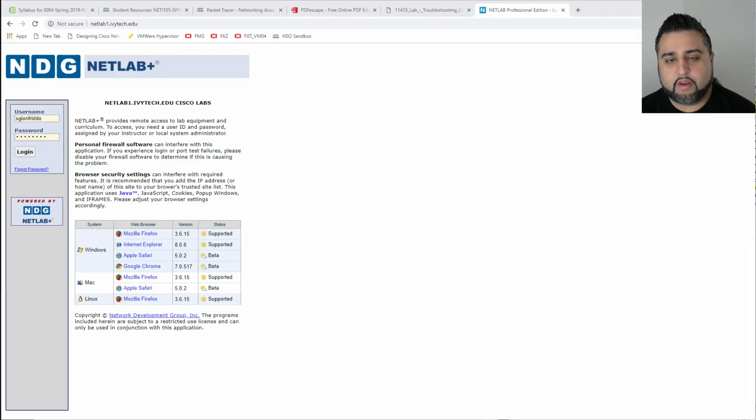In the previous video we talked about Packet Tracer and how it gives us an emulated software environment to do our network topology configurations and set up networks and so forth. Netlab is an actual physical real environment that you can log into. It's hosted by Ivy Tech. It has real routers, real switches, and real computers that you can use to complete some lab